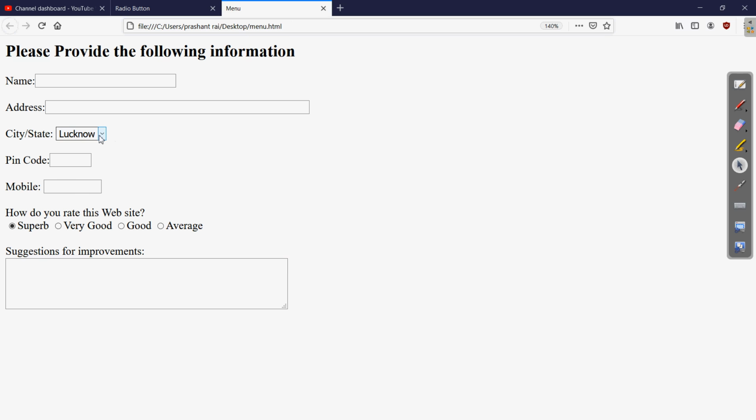Here you can see only one value is appearing at a time. When I click on this, the menu will open, and from here we can select the multiple options. Otherwise, if the values were 5, 3 or 2, only that many values would appear at a single time from these options. So this is the use of the size option. The previous radio buttons are kept the same, and the different elements like the text area for writing suggestions are already there.